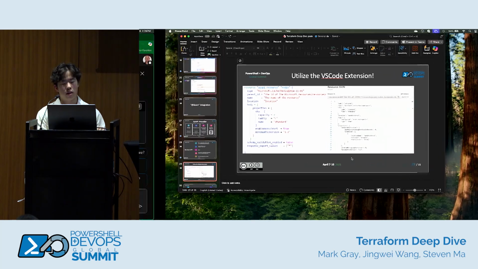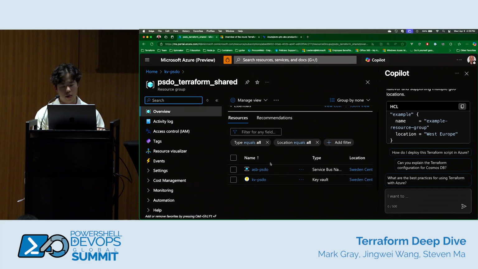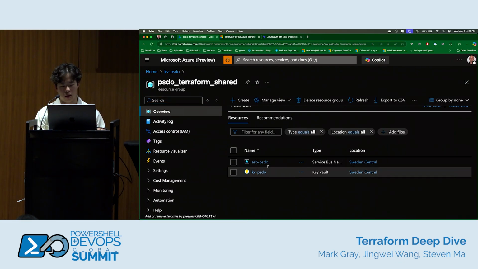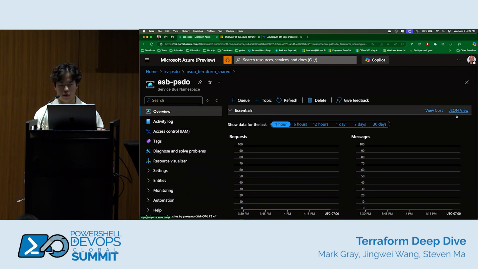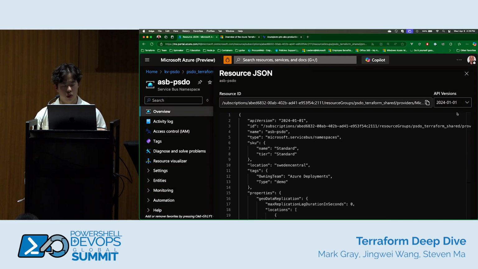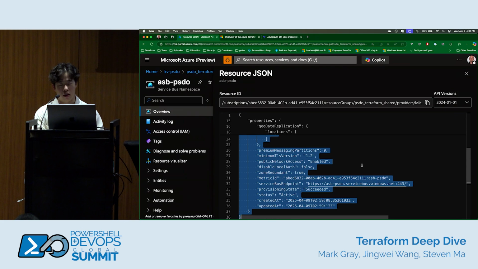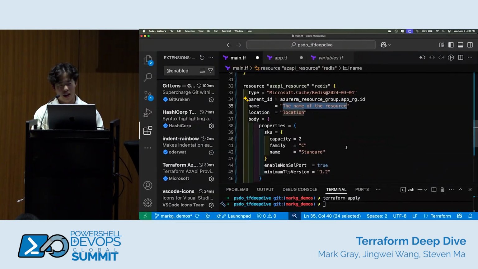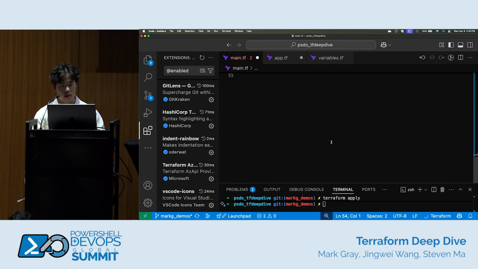All right. The second thing I want to show is we're going to come back over to our resource group, which now I want to actually go ahead and say, hey, for this service bus, I actually want to go ahead and manage that in the AzAPI provider. So there is, if you ever go in the portal, this JSON view that you can click. And if you open it, it will pop up with this wonderful JSON, which we all love and we want to author in forever. But if you go ahead and use the extension, when you do a paste, and